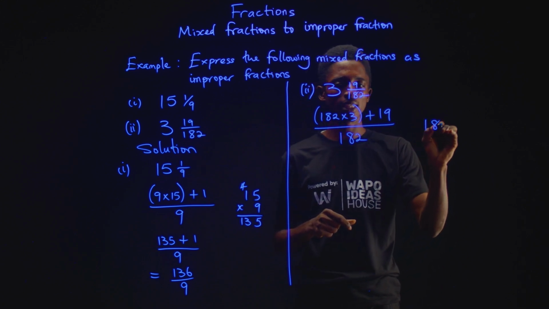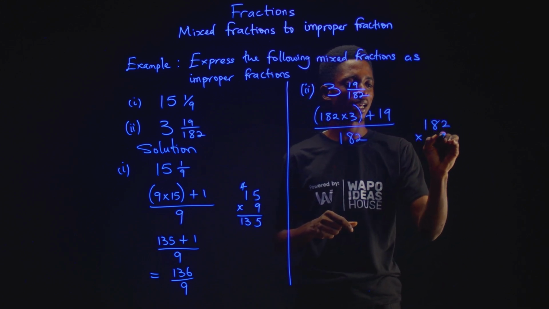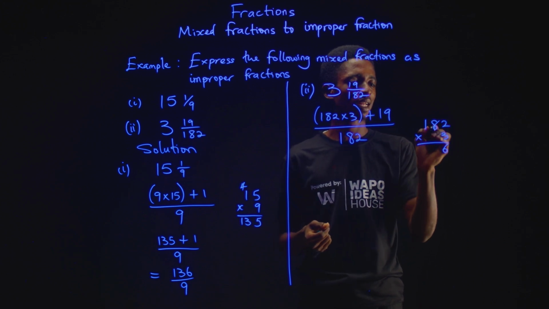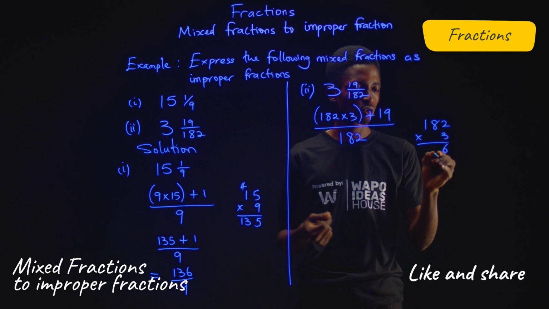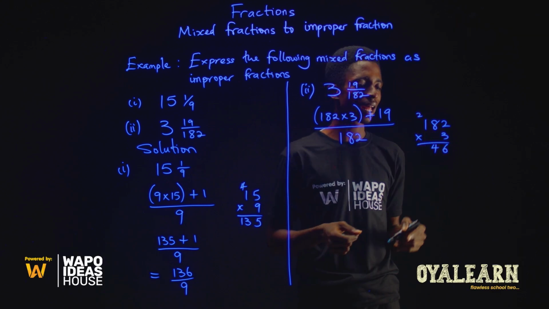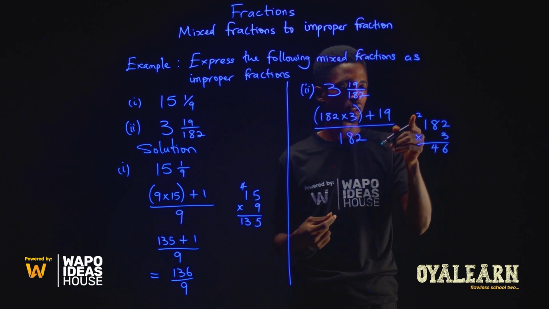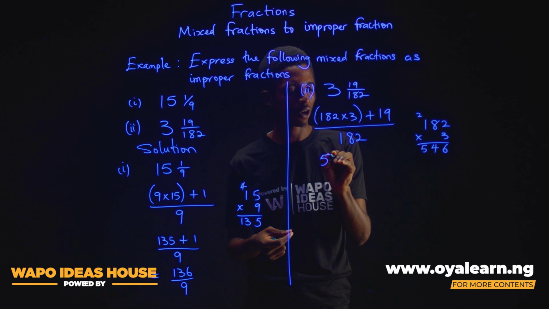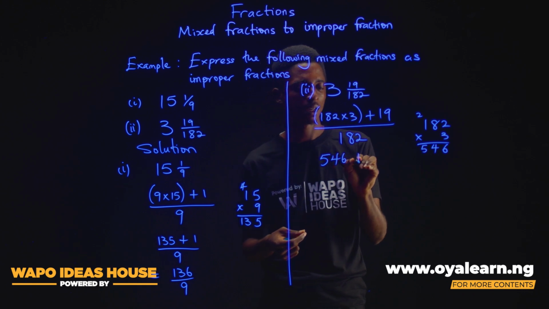So we have 182 multiplied by 3. And 3 multiplied by 2 will give you 6. 3 multiplied by 8 will give you 24. You write down 4, carry the 2. 3 multiplied by 1 is 3, plus 2 would give me 5. Therefore, we have 546 plus